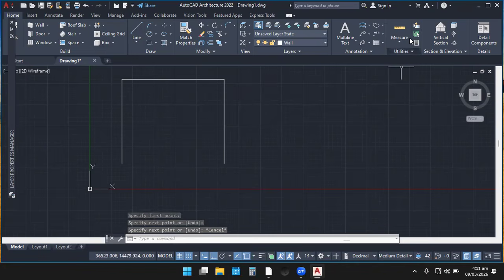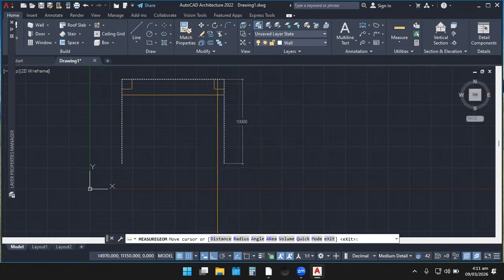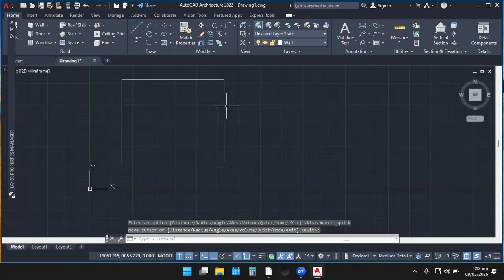You see, you can go and take the tape measure over here and easily measure the dimension of the room. So you see, the horizontal wall is 12,000 millimeters, and then the vertical wall is 10,000 millimeters. Okay, thank you. So I can just right click, and then I press enter. It is gone. Then I offset that same distance back again.